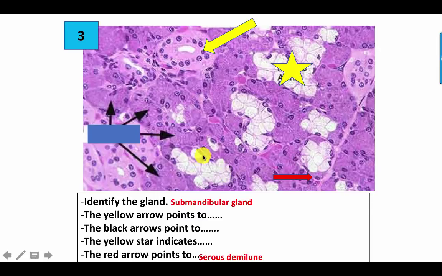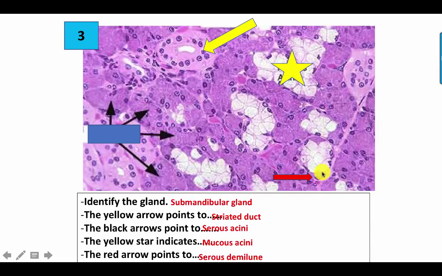And here the yellow arrow points to the striated duct, and the black arrow points to the basophilic acini formed of basophilic cells, rounded nuclei, so it is a serous acini. Yellow star points to the mucus which are vacuolated, and the nuclei are basal flattened. Here we have mucus acini, and the red arrow here points to the crescent of gyanosis or the serous demilune